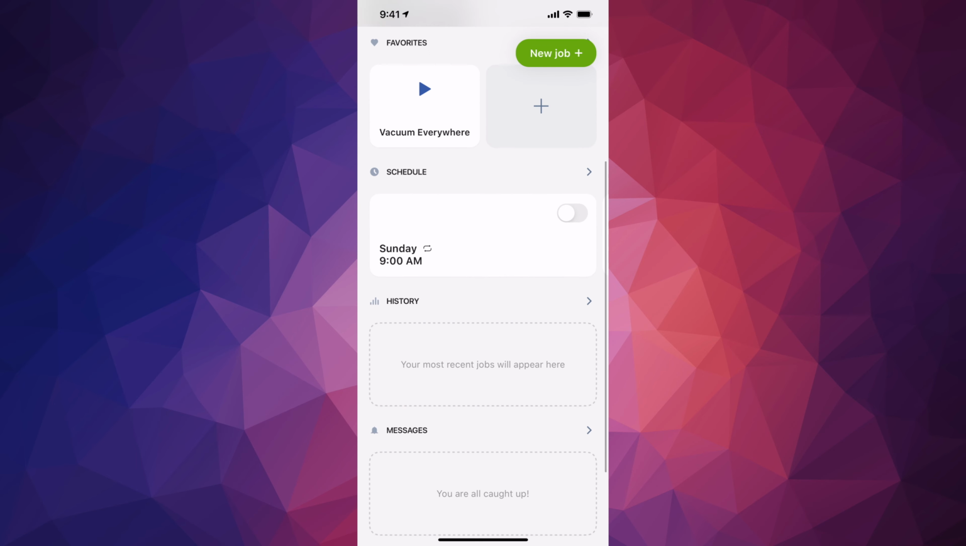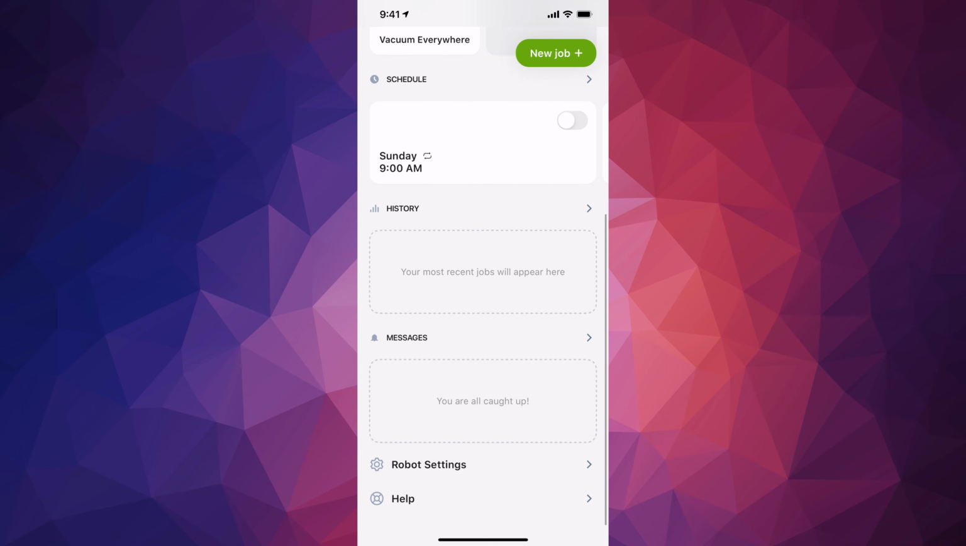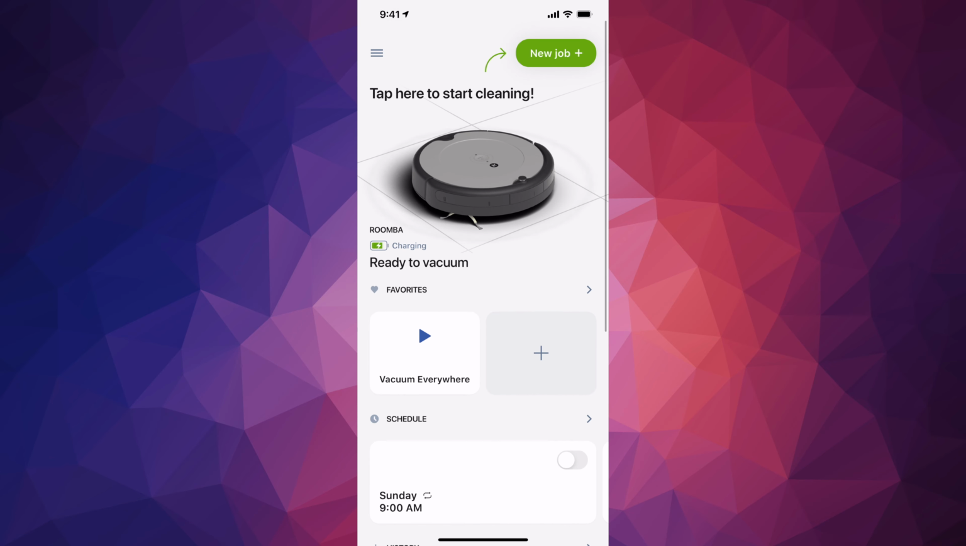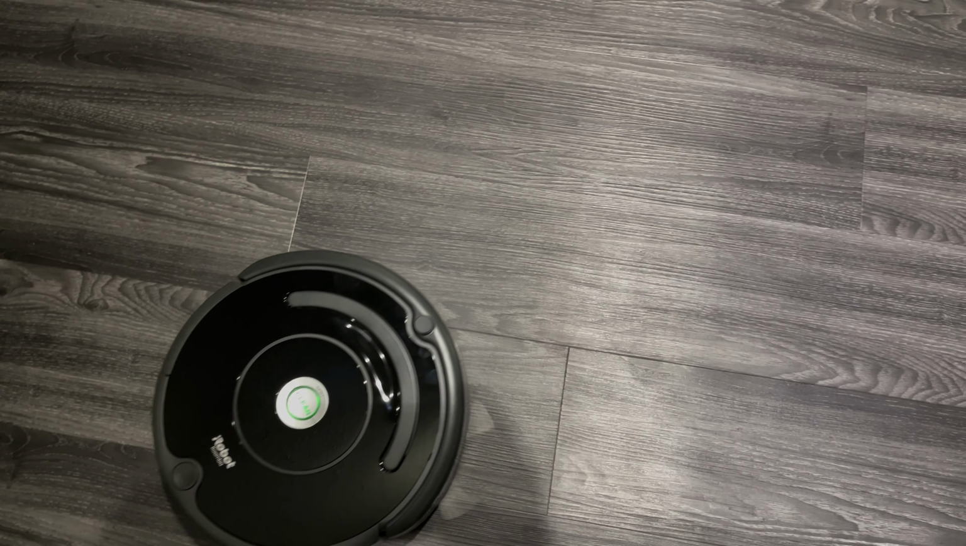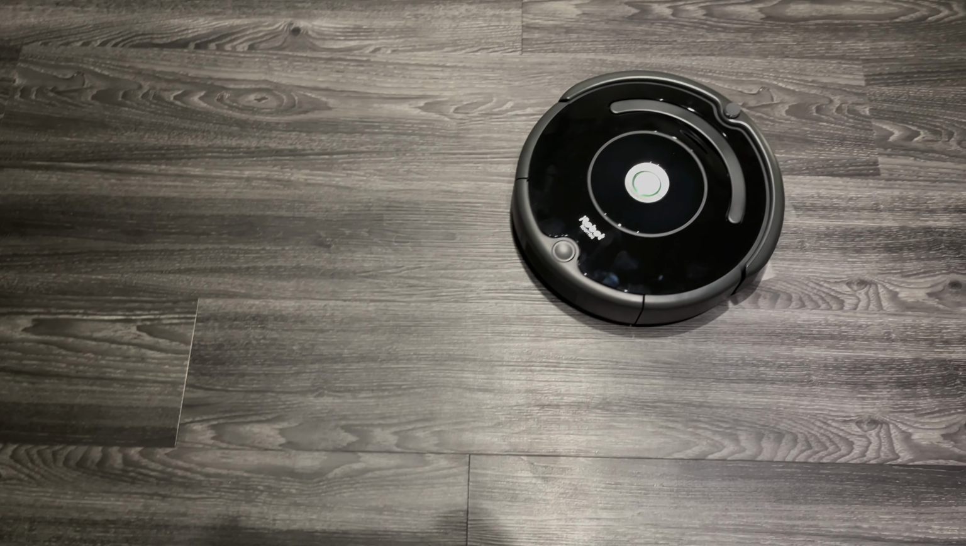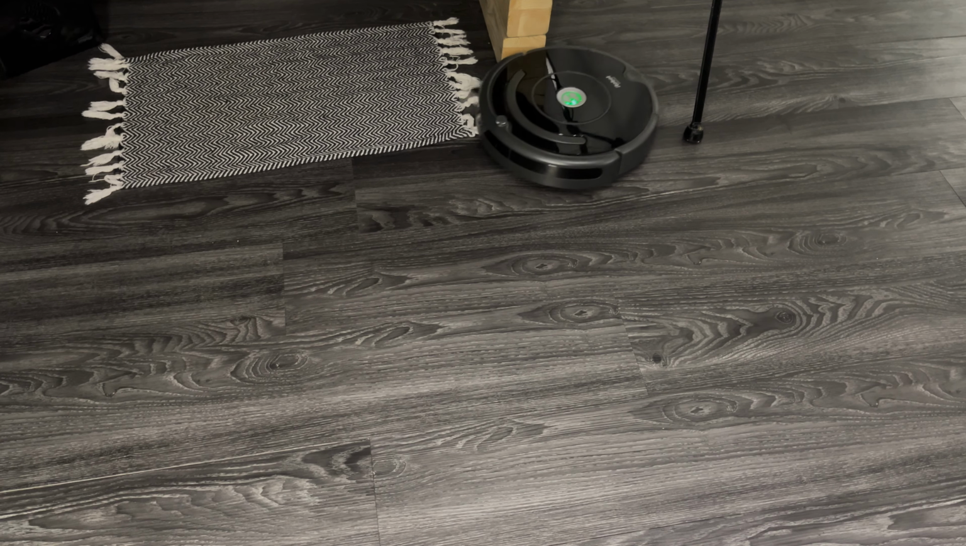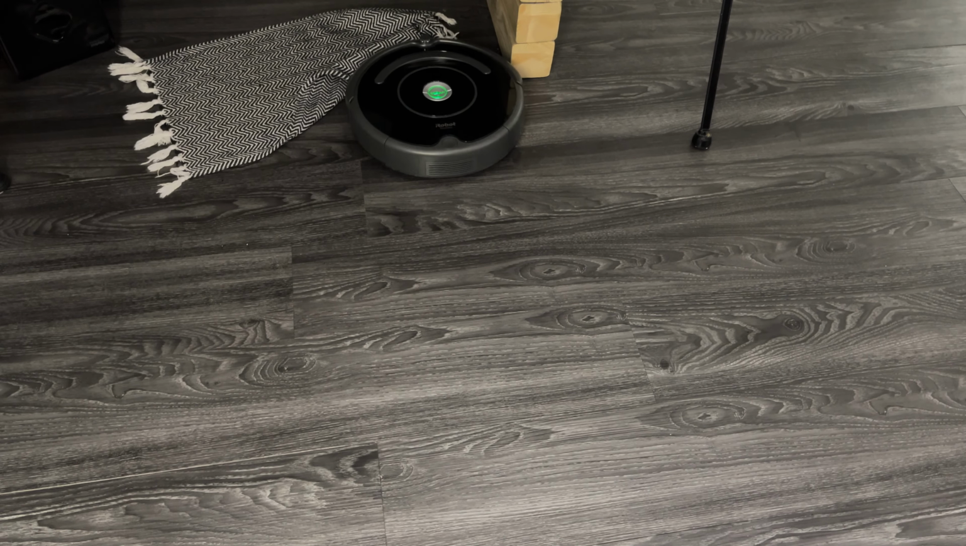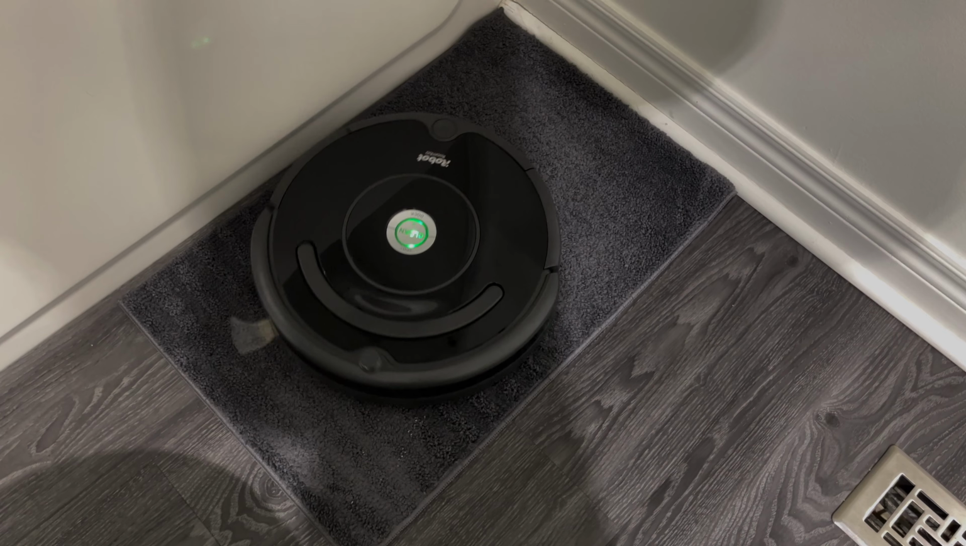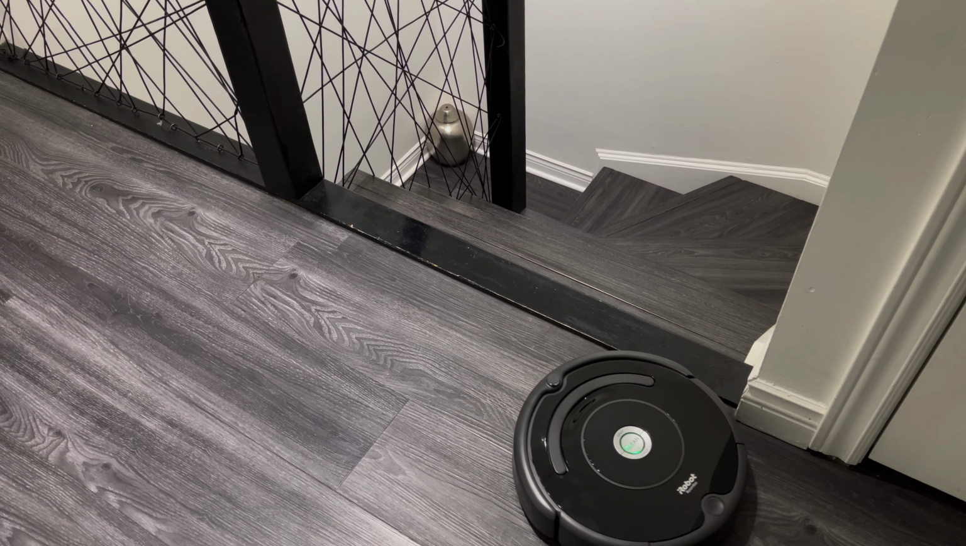And down here below, you can schedule anything out. Plus see history, messages, and so on. So it depends what you would like to do. I would suggest just pressing vacuum everywhere, and that way get started right away using your Roomba. So again, we're just gonna tap on vacuum everywhere and just let it do its thing, let it scan everything. Just get any wires or anything like that off the floor so it doesn't get stuck